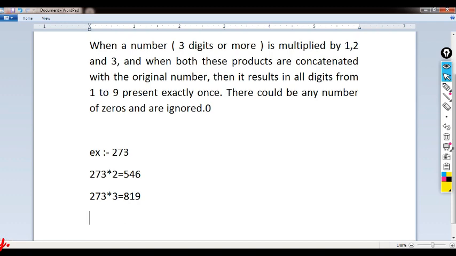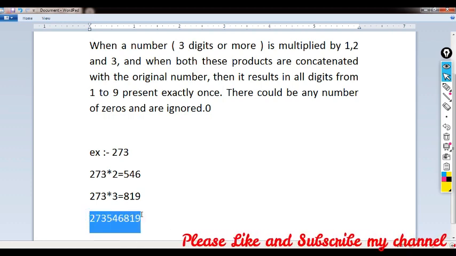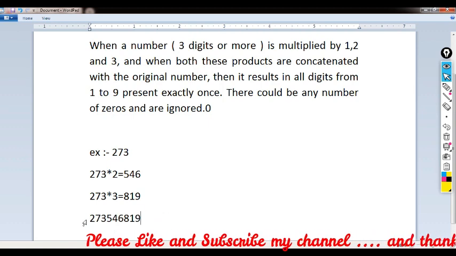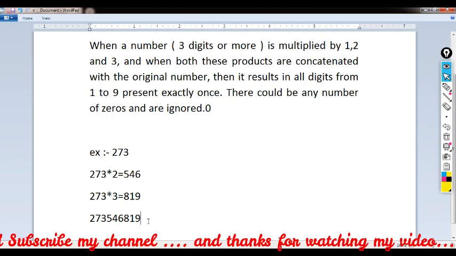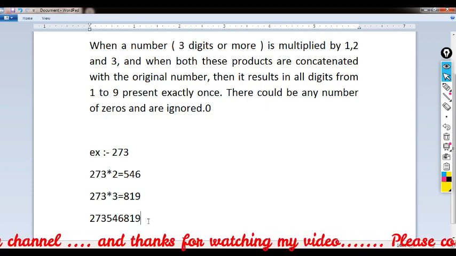So here 273, 546, 819. After concatenation we get this string, because you all know concatenation only works on strings.